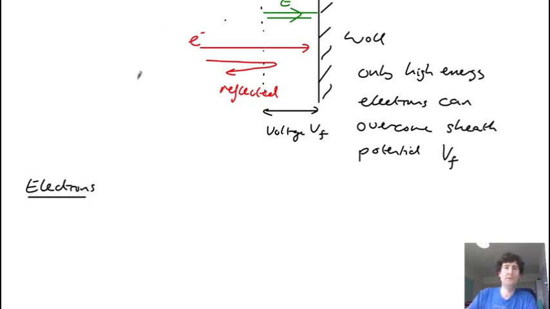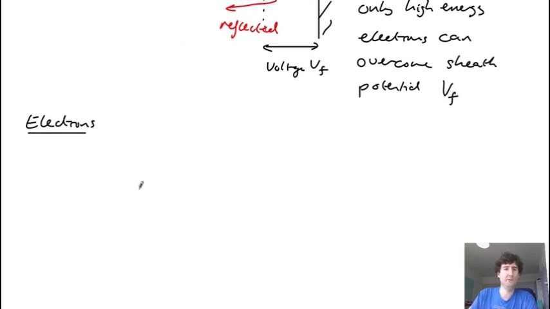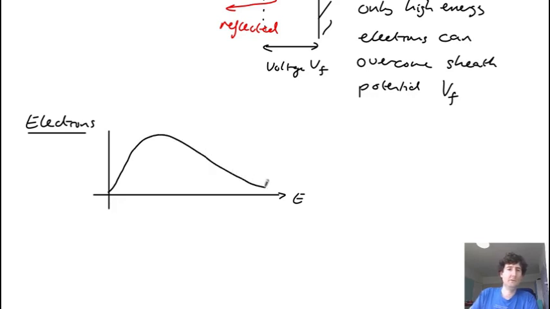So in many cases the electrons are relatively collisional, so they can be considered a Maxwellian distribution. We use approximations like the Boltzmann response for the electrons. So essentially we have a distribution function, let's say of energy, or this might be parallel kinetic energy. And what we have is a distribution function like this. And this would be like some distribution function of energy, and there's essentially a cutoff